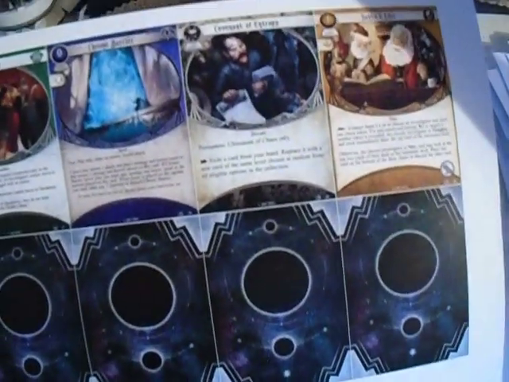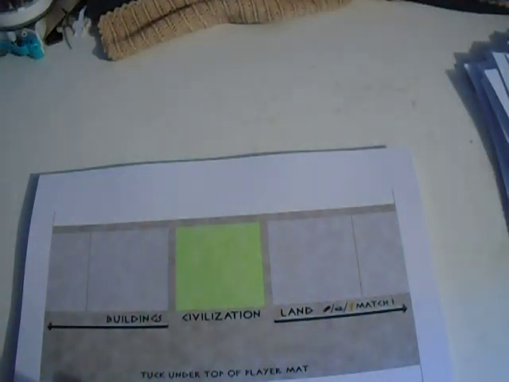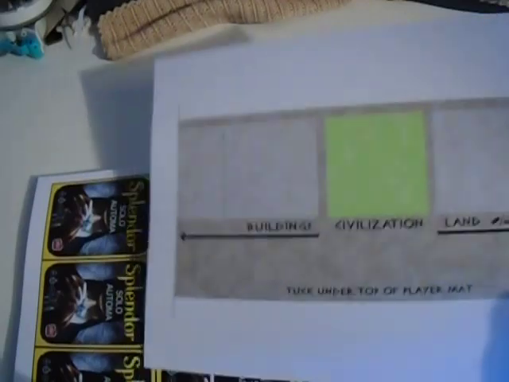This is also base game. Also base game. Okay. So Fantasy Flight Games won't mind. Okay, building civilization. This is Peloponnes. Peloponnes can be played with 5 players in the base game, 6 players